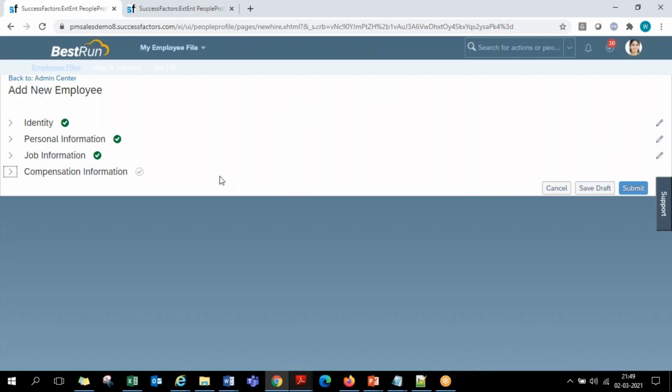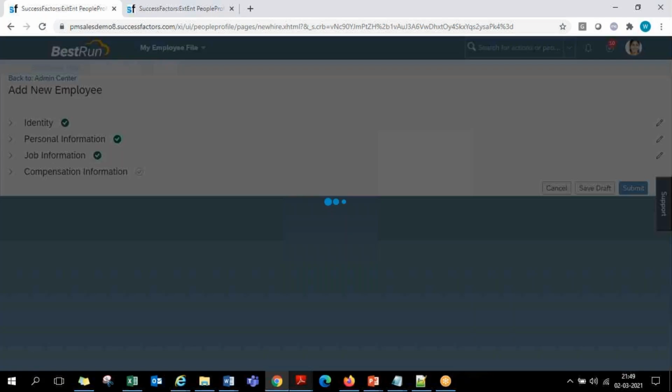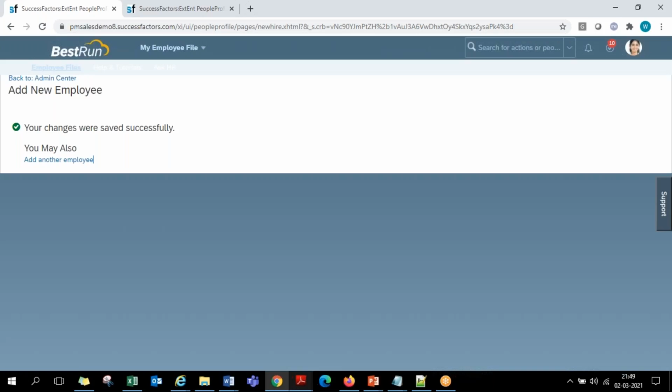So in this huge process of hiring, say for example it is taking 10-15 minutes to hire an employee, in between if you are required to step out, in SAP HCM days we have no choice. In between, if you are stopping the hiring process, whatever you entered till now, the data is lost. But in SuccessFactors you have this draft functionality. You can keep till what extent you already filled in the data as a draft, without hiring the employee. Later on you can come back and continue your hiring process.